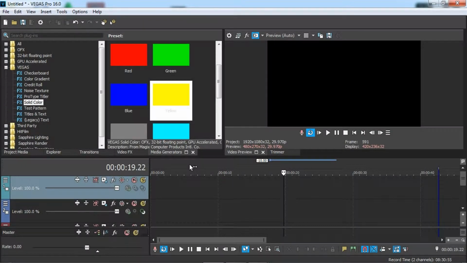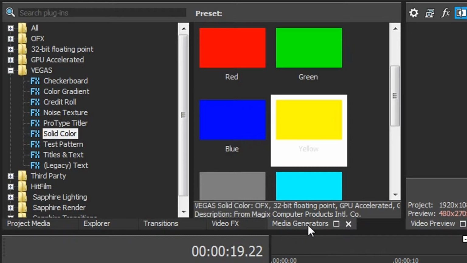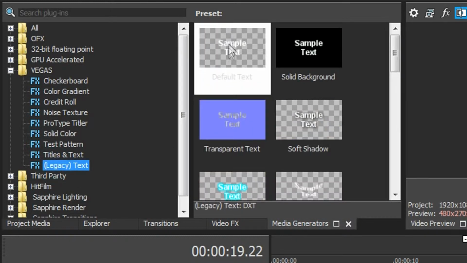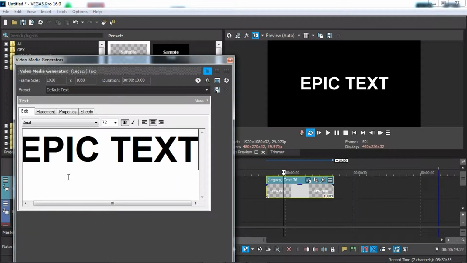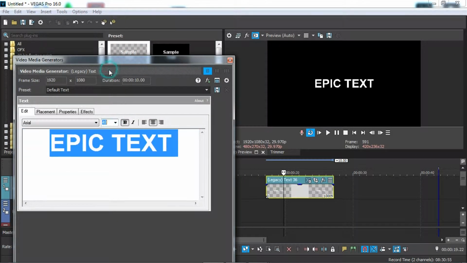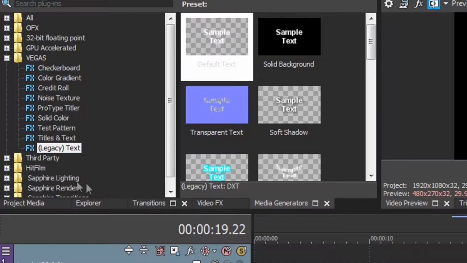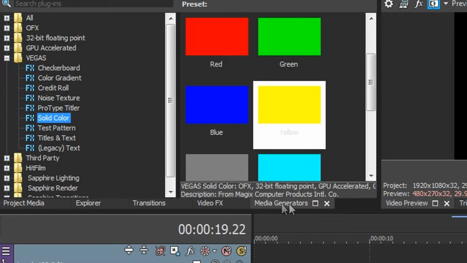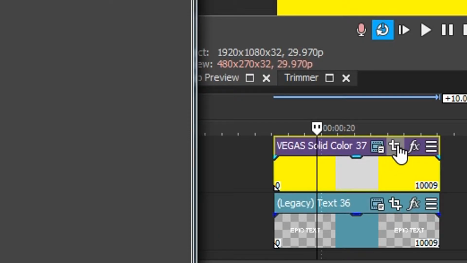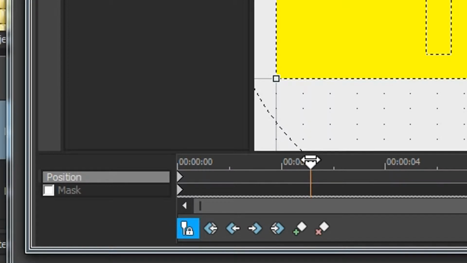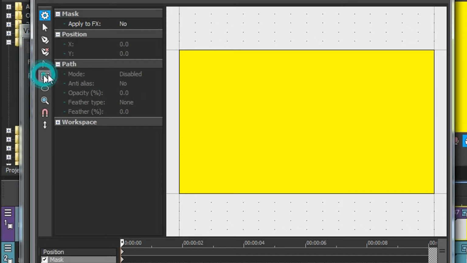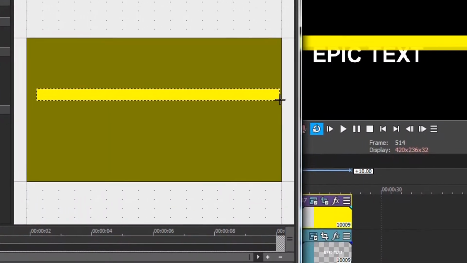To do an epic text reveal effect with Sony Vegas, the first thing you need to do is to go to the media generator, select legacy text, pick the default one, import your text, pick your font type and your font height. Insert a video track, pick a solid color under media generators, go to the event pan crop, make sure your cursor is checked and your cursor is at the very beginning. Go to mask, pick the rectangle tool, mask out this area,